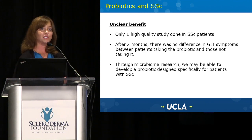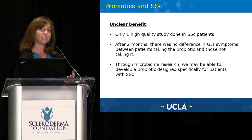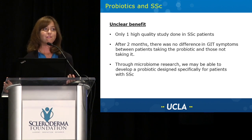And so you need to understand, okay, well, what is the benefit for me? There's really only been one good high-quality study in scleroderma. It actually came out this year, and it was done on about 70 patients with scleroderma. Half of the patients got an oral probiotic, and the other half got placebo, which is the fake probiotic. And they looked at the patients over the course of 2 months, and what they found was that at the